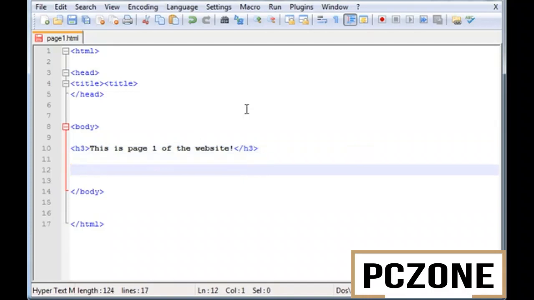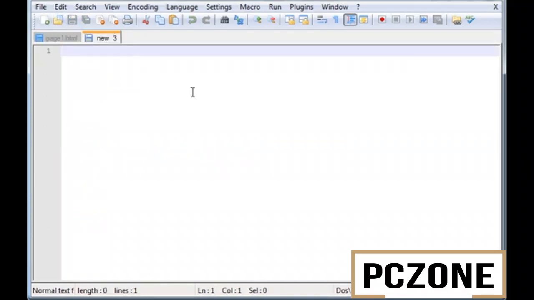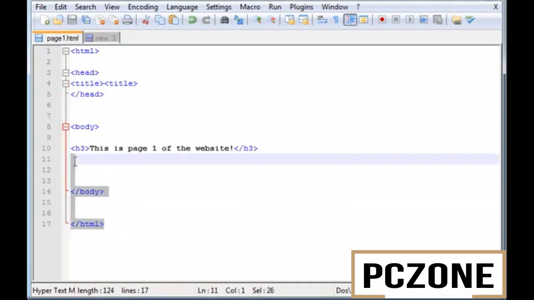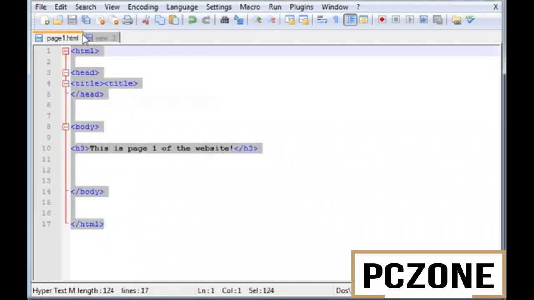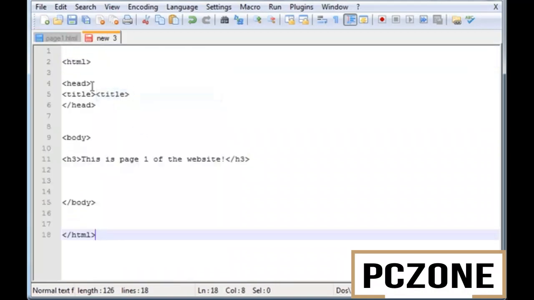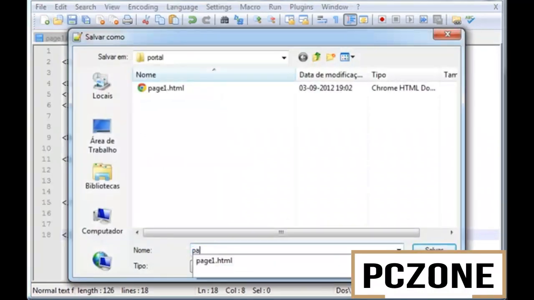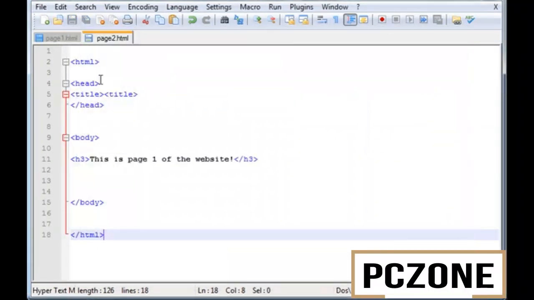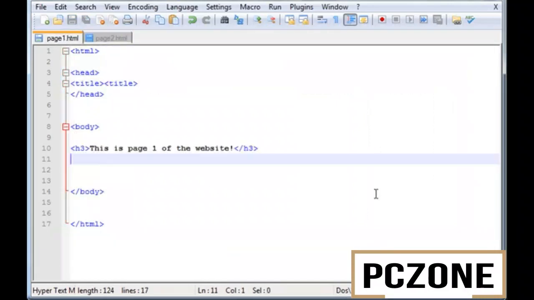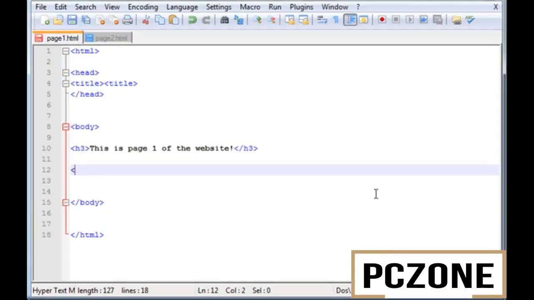Now we're going to create a second page, and basically we can take all the code from page 1 and put it here, and save this as page2.html. Now I'm going to show you in the first page. Let's say I want a link to Facebook in the first page. So here I type href